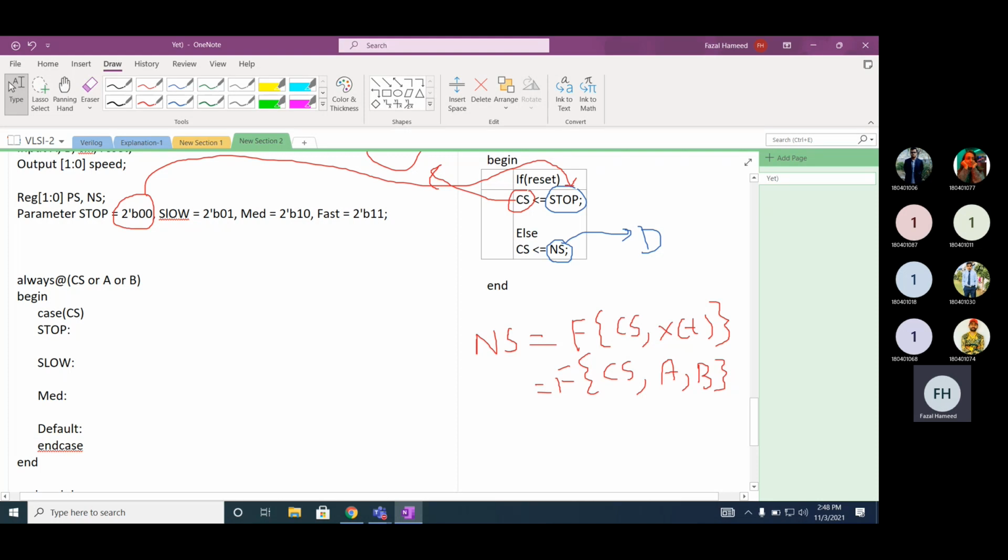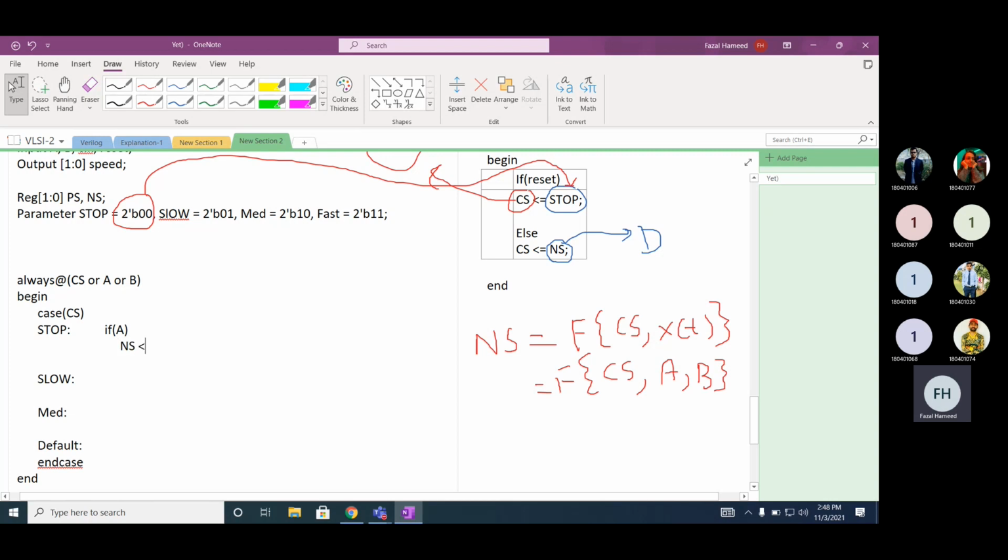Now if you're in the state stop, when will it move to the next state, considering that you are in the state stop, not 0, 0? Can we have a very efficient coding? You can also have a case of accelerate and brake. There will be 4 possible combinations. But if I want to make it more compact, can we do it like this? If accelerate is 1, what should be your next state?